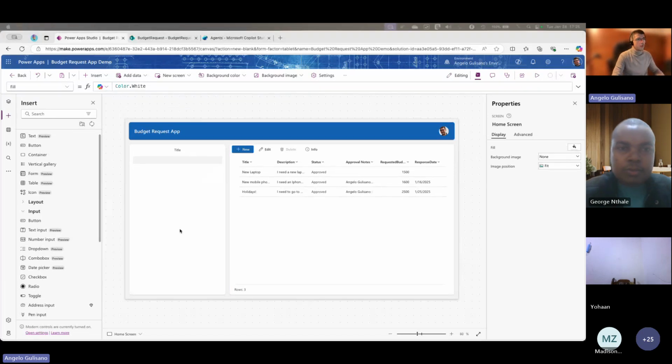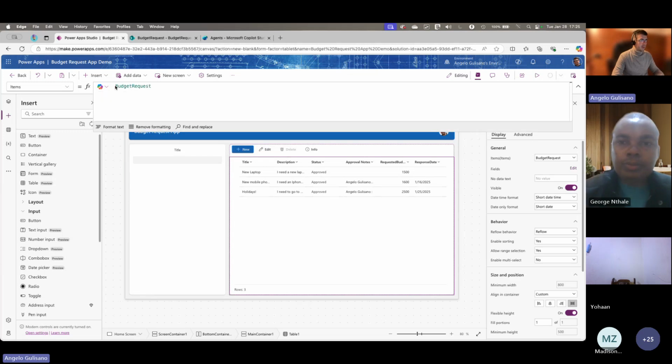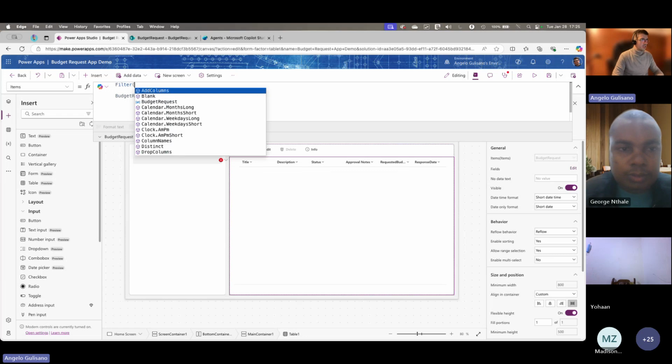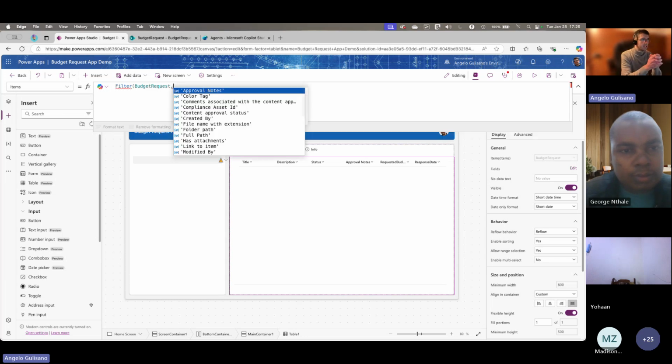Basically, we are going to use a filter formula, which asks us the data source, which is a budget request from SharePoint list, and we can apply some filter.